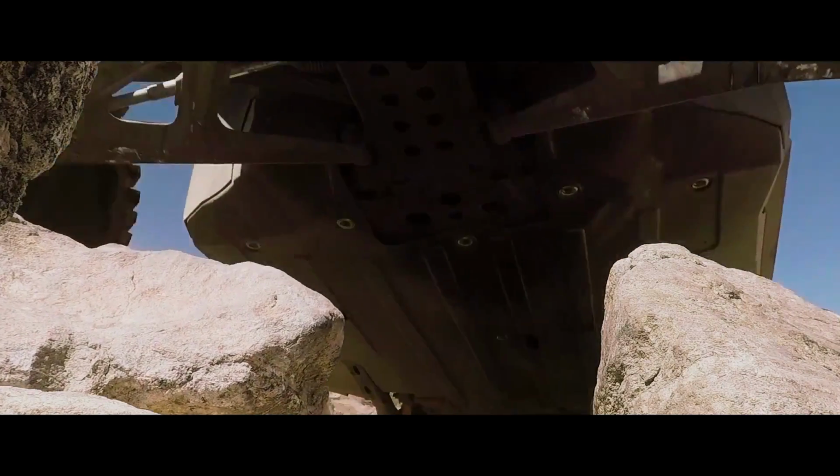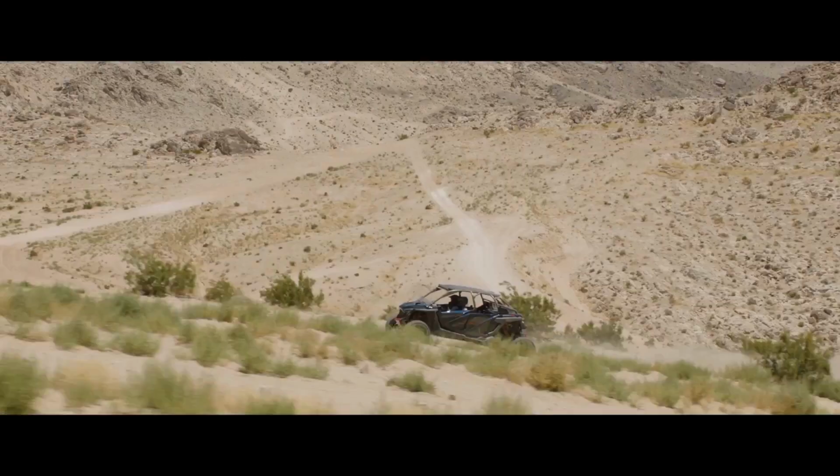The interior of the Pro R is identical to that of the Turbo R and ultimately the Pro XP. Front-end bodywork is also the same, with only some minor changes to the rear-end bodywork to accommodate the larger engine underneath the cargo tray. The truth is, I could dedicate an entire episode of Dirt Tracks just to talking about